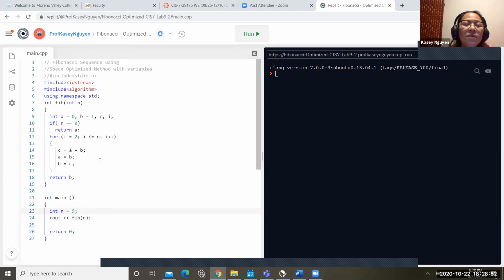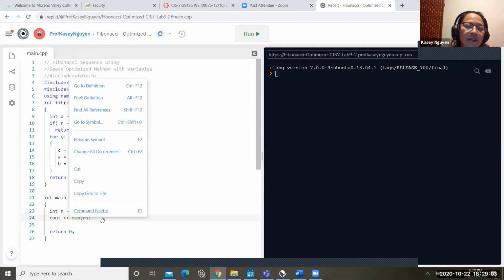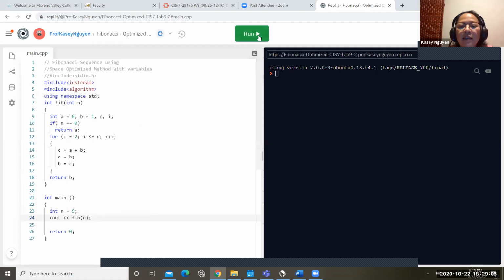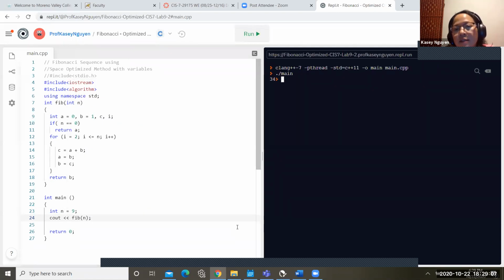So it's going to loop up to that position, and we're going to cout the value, which is where we call that function. So it should give you 34.